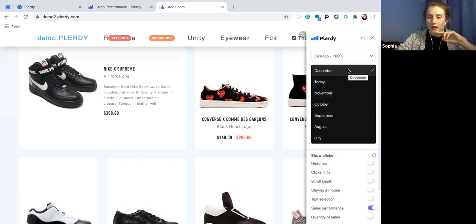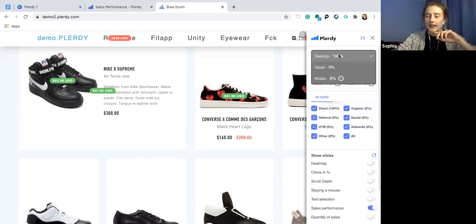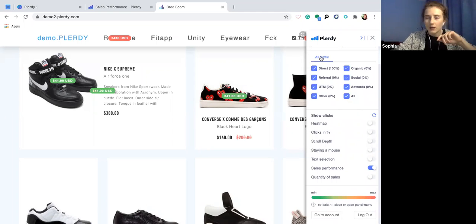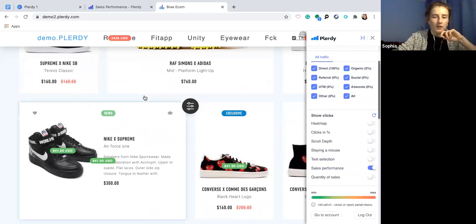Okay, we chose December. Maybe let's choose November for more data to load. Yeah, exactly. That was the point. And also here, I decided to use desktop just simply because we don't have traffic for other devices. Okay. I want to check all of the traffic channels, and you see there's a lot more interaction between the